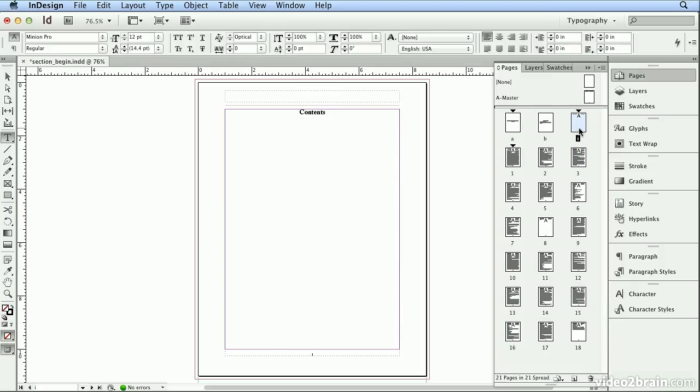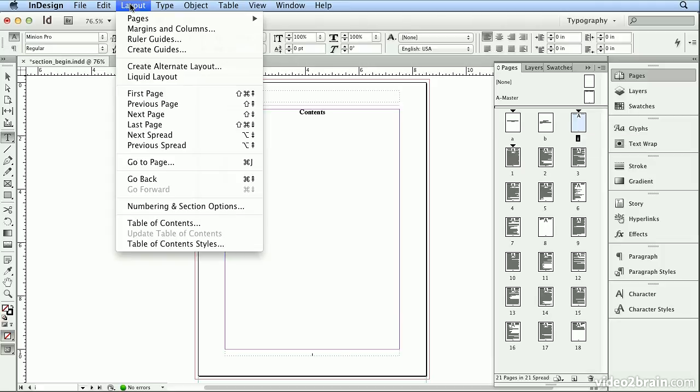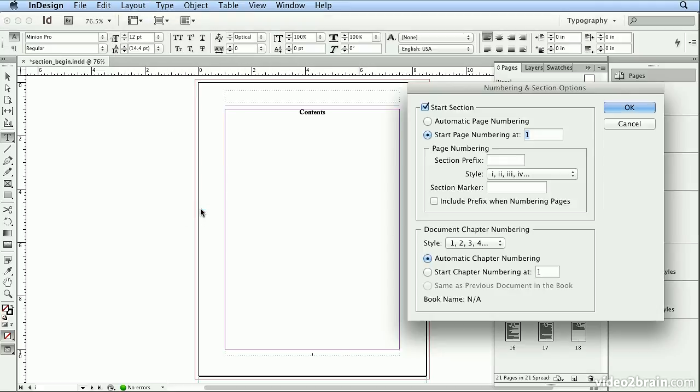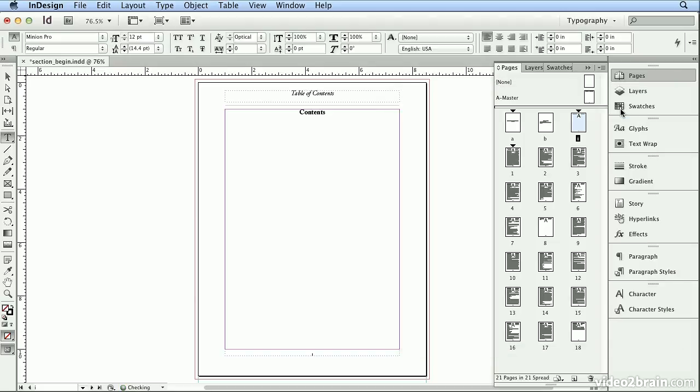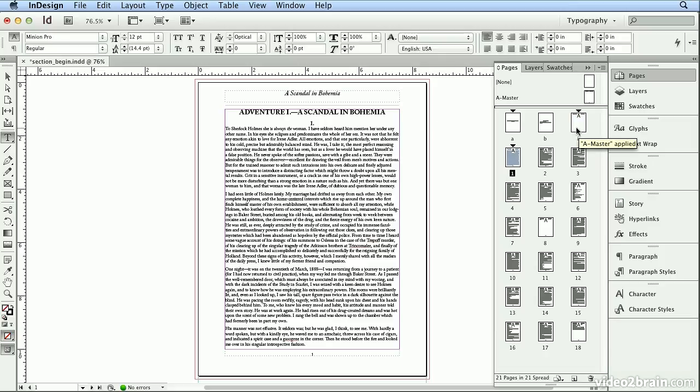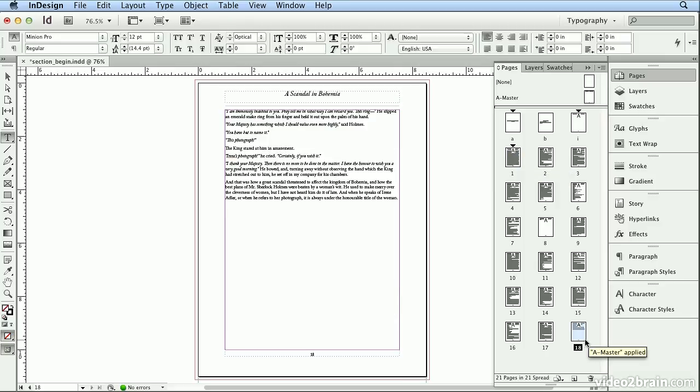If I double-click on what is page I, the Table of Contents page, I can choose Layout, Numbering and Section Options, and I can type Table of Contents. Once we generate our table of contents, I can actually remove this marker that says Contents. So I've got 2 sections in this book, the Table of Contents section and the first chapter, A Scandal in Bohemia. Now I'll double-click on page 18, the last page in the document, and I'll hit the New Page button,